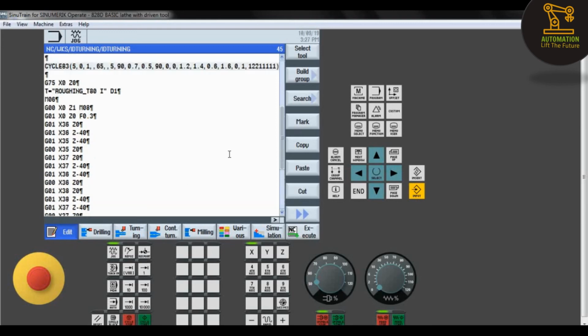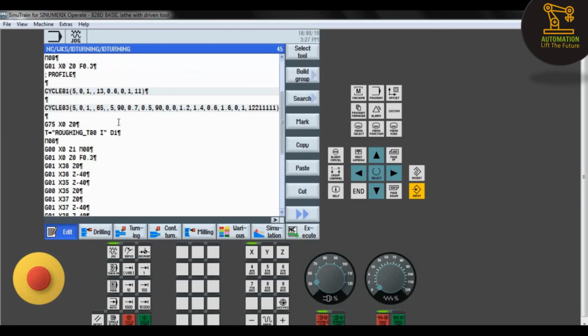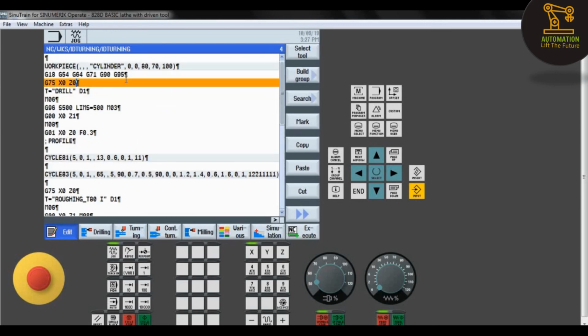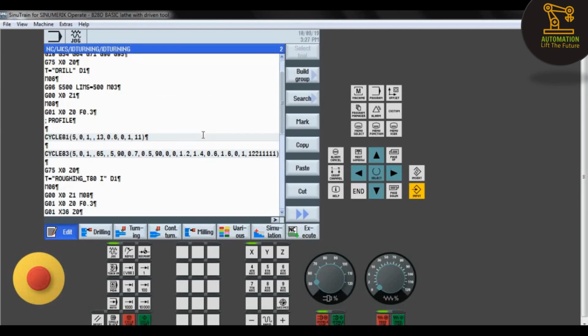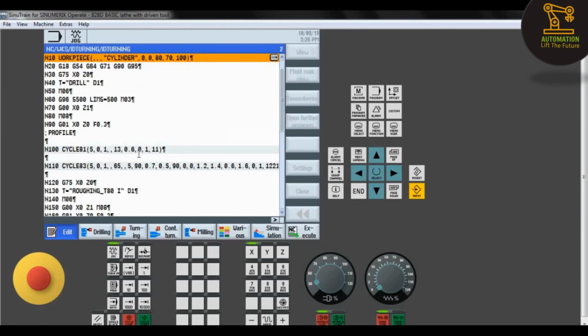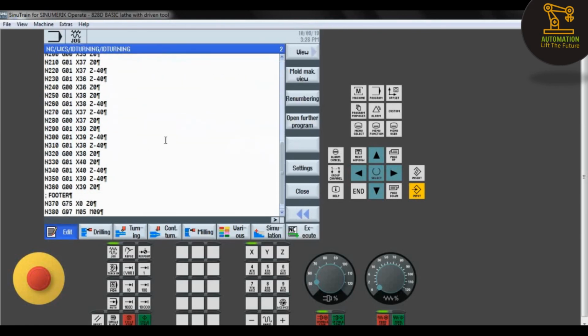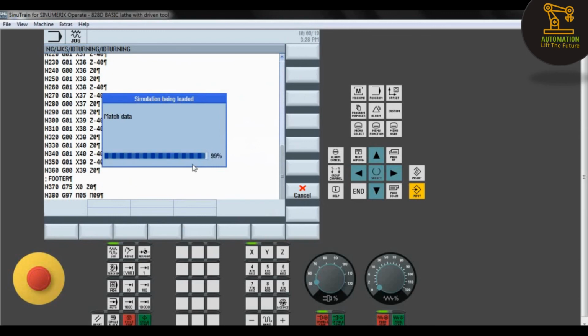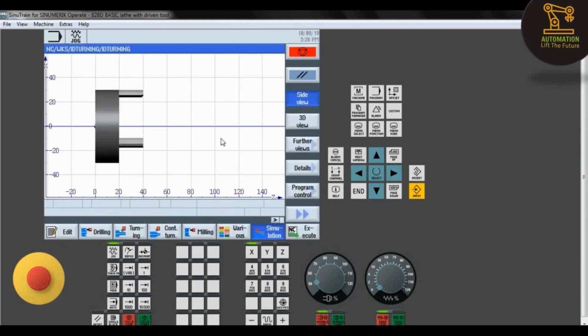So this is about the program. We have created everything. The blank must and should. Without blank the simulation cannot be done. So after that we have to renumber it to check the errors in the simulation. So after that we have to click simulation, and you can see here the operation.